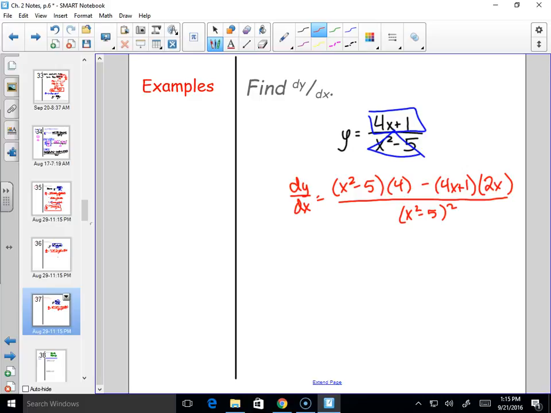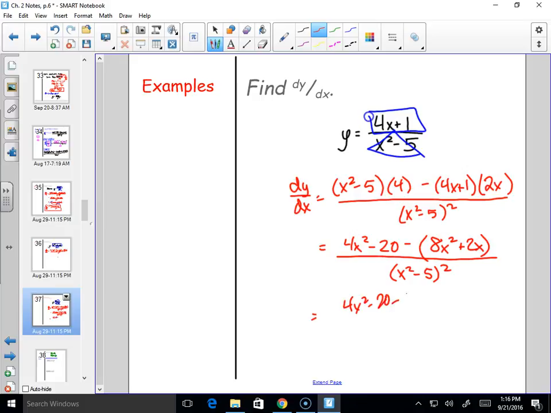How many of you guys got that far? Nice. How many of you guys kept simplifying? Okay, because you should. How? Distribute, right? 4x squared minus 20 minus 8x squared plus 2x. Why on earth do I still have these parentheses? So we distribute the negative. I need to distribute that negative, right? And when I distribute that negative, I end up with 4x squared minus 20 minus 8x squared minus 2x